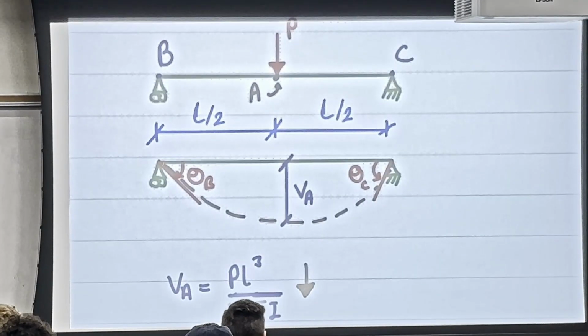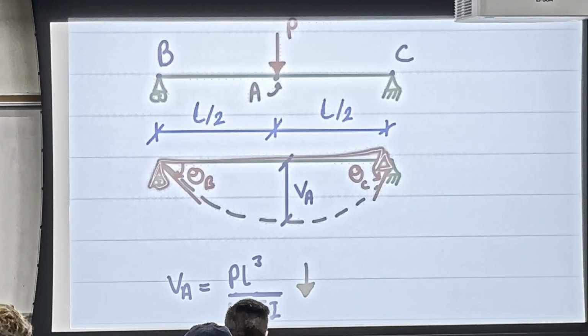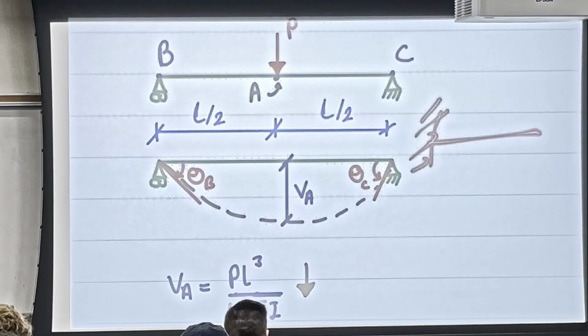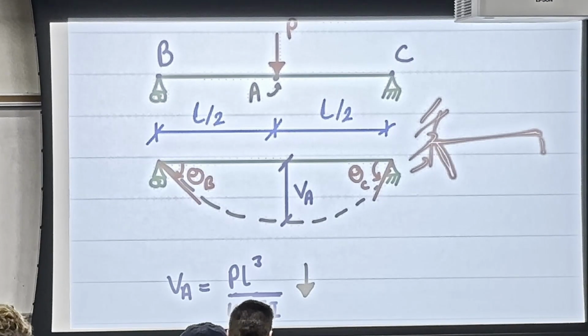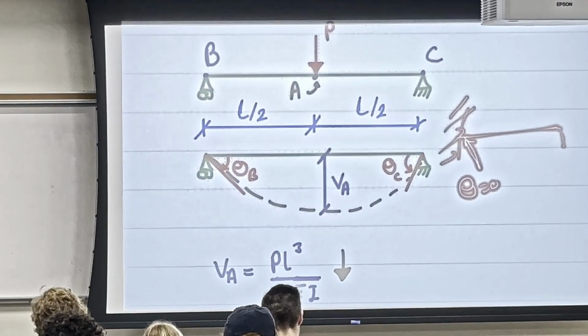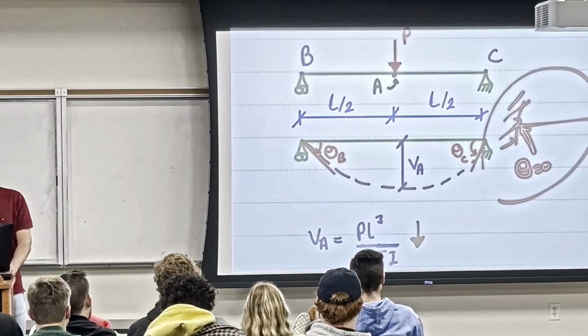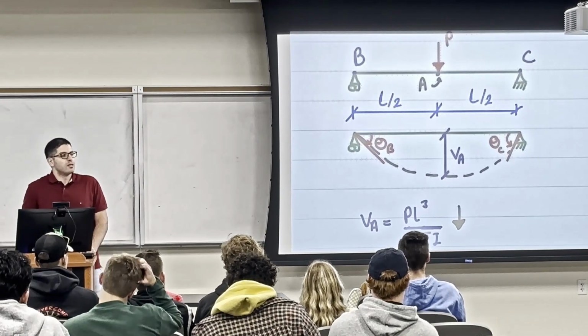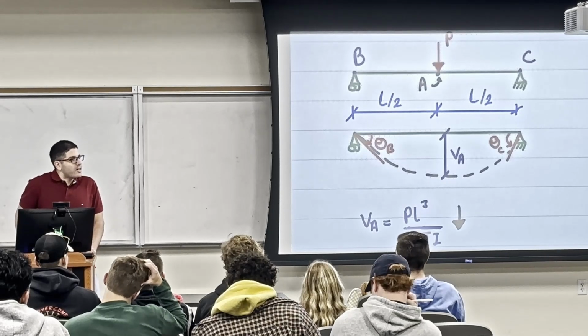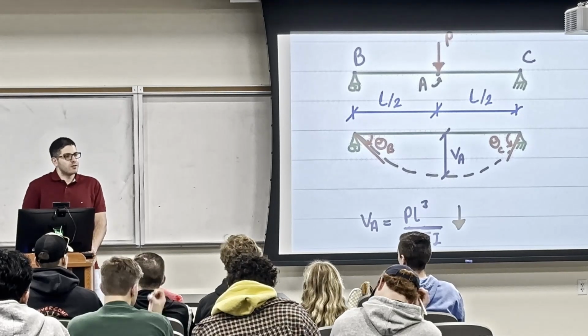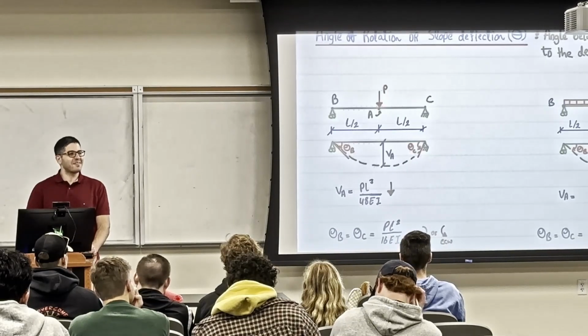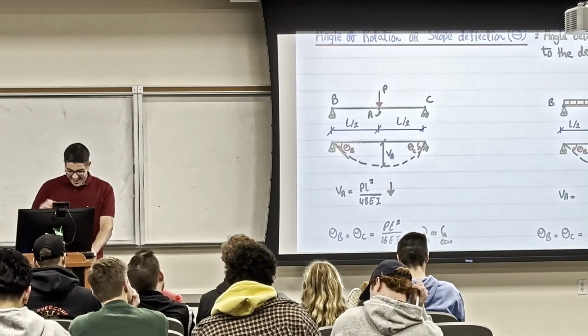So the theta that we are only interested in is the one at the ends, whether we have a simply supported beam like this, so we are interested in those thetas, or we have a cantilever, so the theta is going to be at the end, because the theta at the beginning here is equal to 0. And that will be one of the MCQ questions. I'm going to give you an end condition, I'm going to tell you what the theta and the deflection are. I don't want to see any calculations. If it's 0, just put 0, okay? I can't hint more than this. Anyway,